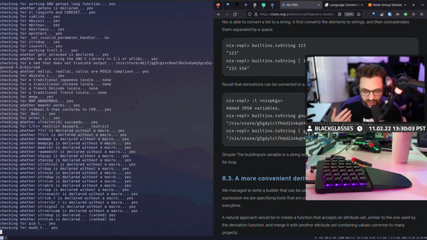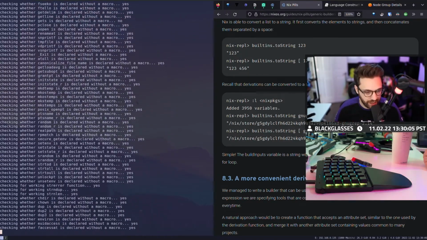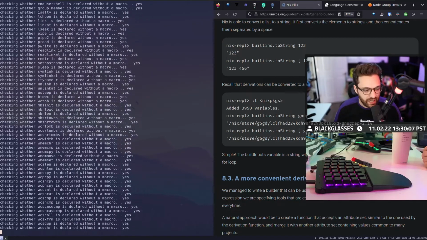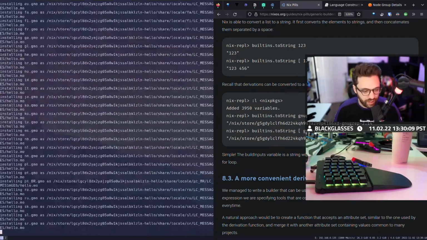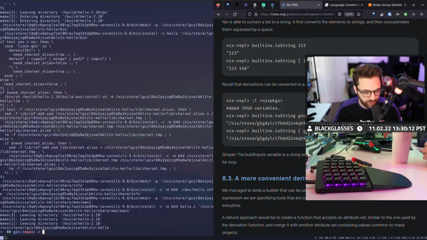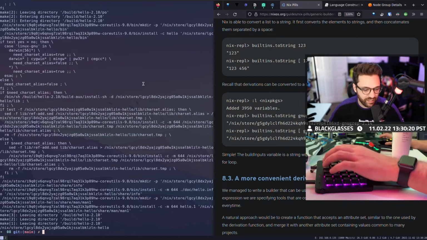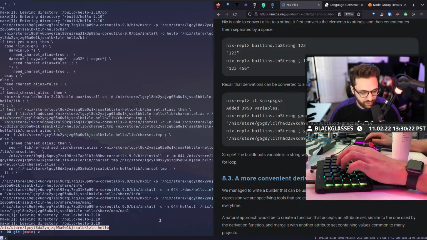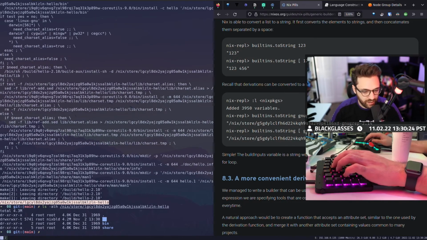So again, doing the exact same thing that it did before, right? It's evaluating the actual configuration. It's then injecting the environment variables into the script. It's then running those predetermined commands against those predetermined environment variables. It's then building that thing, and then it's giving me that output. And so now if I do this, right, bam, there we go.